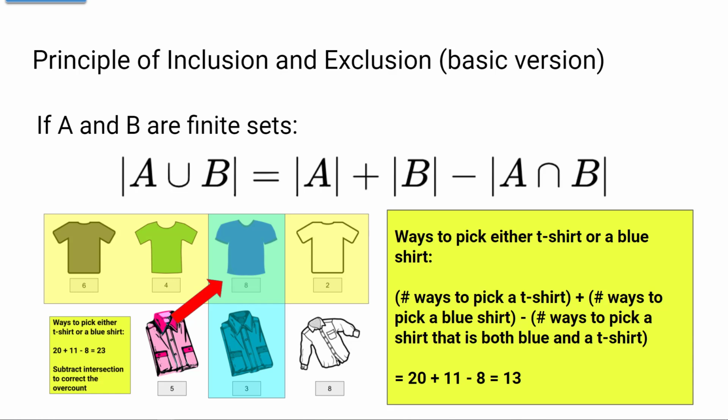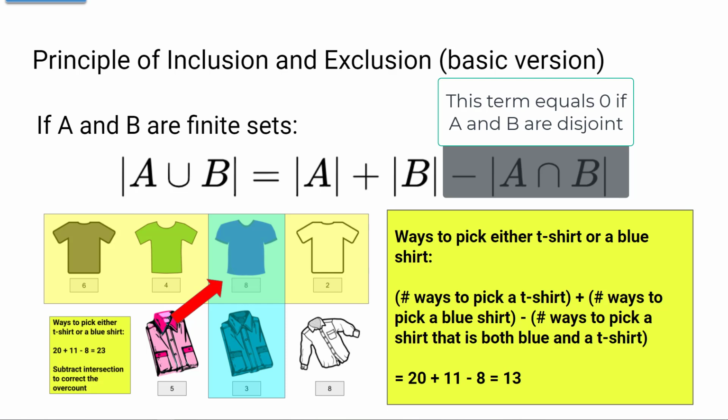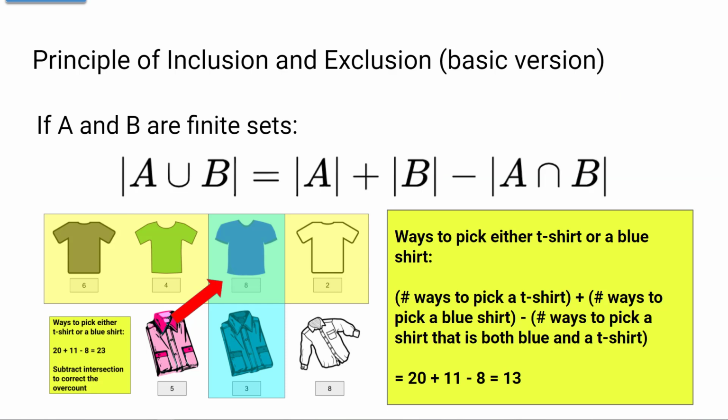That number, the cardinality, was the number of t-shirts plus the number of blue shirts minus the number of blue t-shirts, because if we simply added the first two numbers, the intersection gets counted twice, so subtracting off one intersection corrects that count. Notice that if A and B do happen to be disjoint, like in our very first example, then the formula gives an empty intersection, which has cardinality 0, and that gets us back to the basic additive principle. We'll be returning to the principle of inclusion and exclusion later in this module to deal with complexities